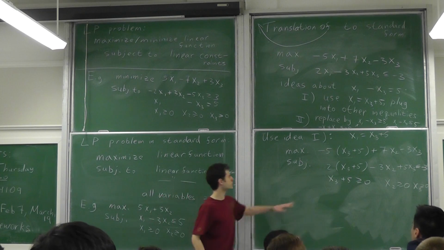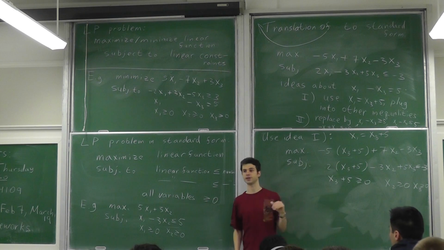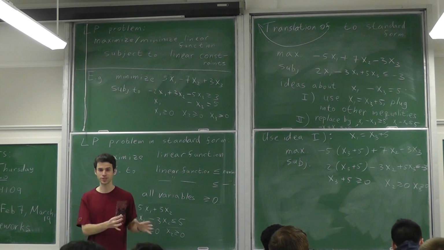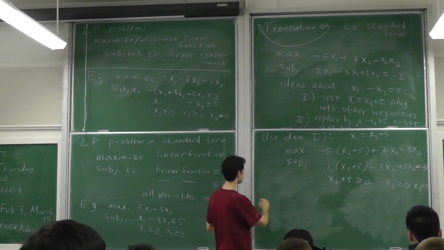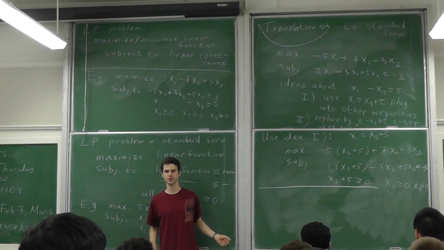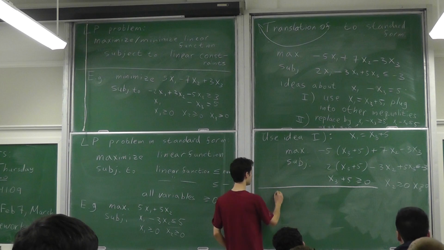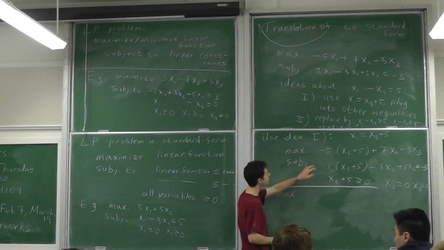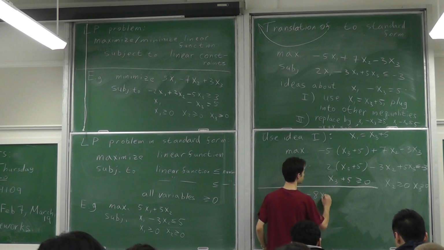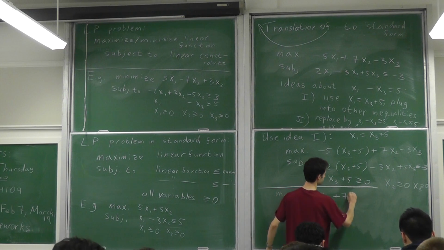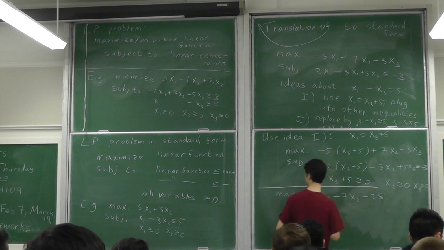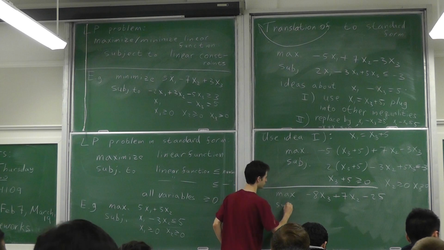So every time I saw x1, I just replaced it by x3 plus 5. Very kind of automatic procedure. Well, let's open the brackets, let's rewrite this problem. Maximize minus 5x3 minus another 3x3, so minus 8x3 plus 7x2 and minus 25. And subject to